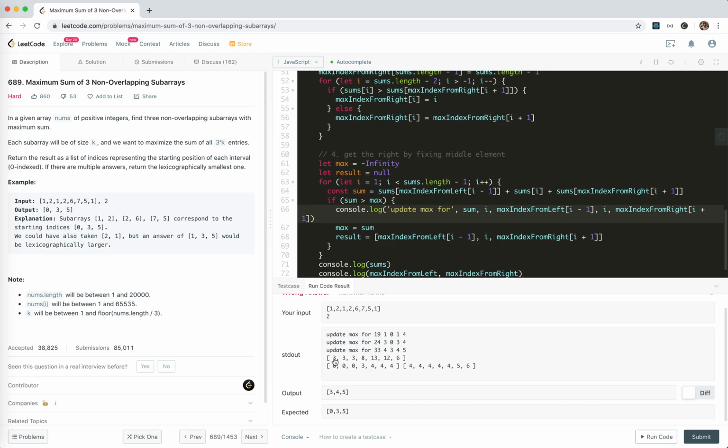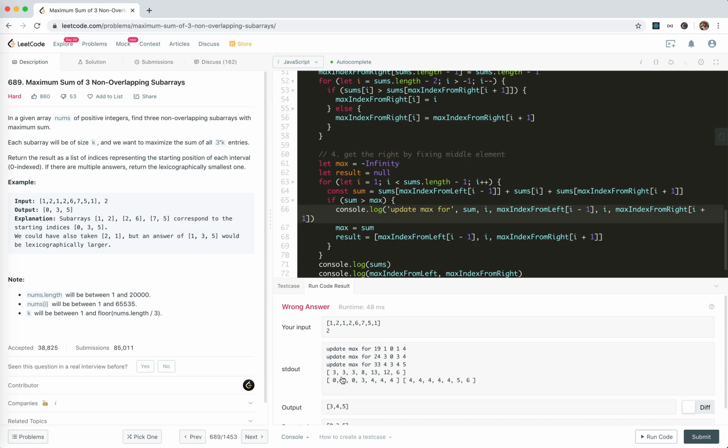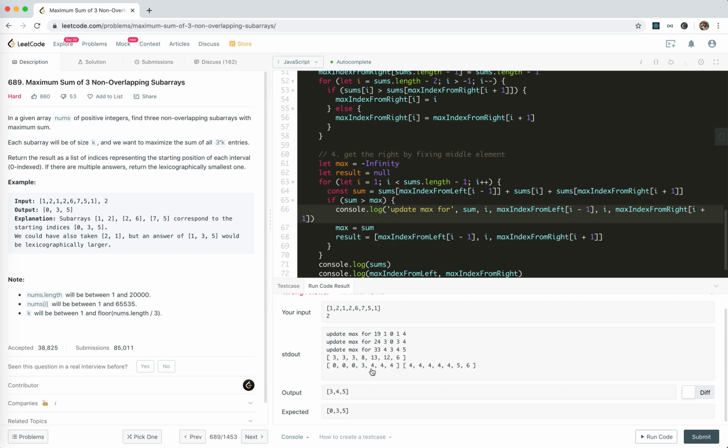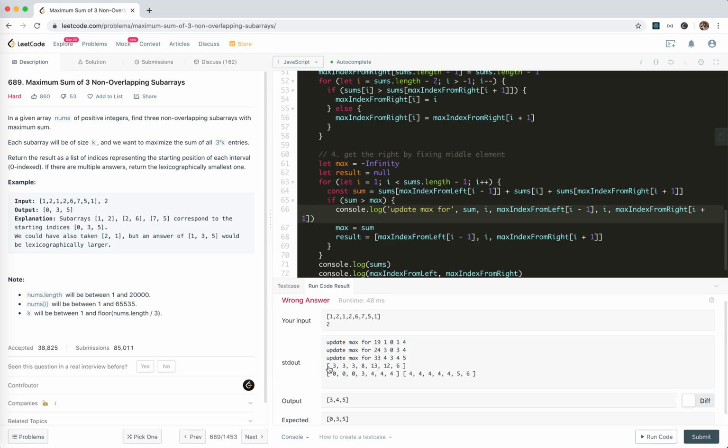What's wrong here? Okay, so the sum 3, 3, 3, 8. There's no problem. For at 1, maximum is 19. So 0, 0, 1, 4. And then update 0, 1, 2, 3. We got 8 plus